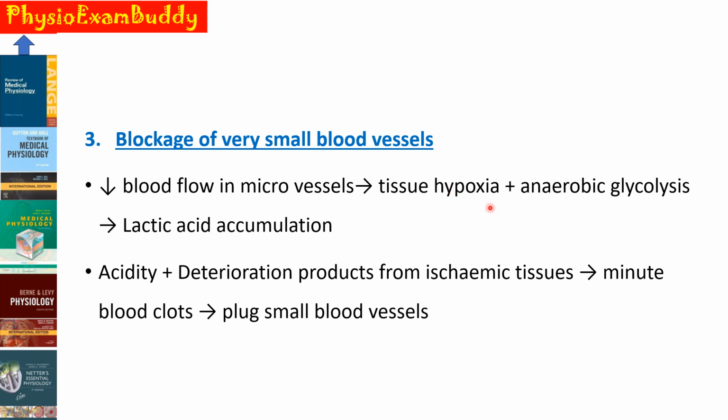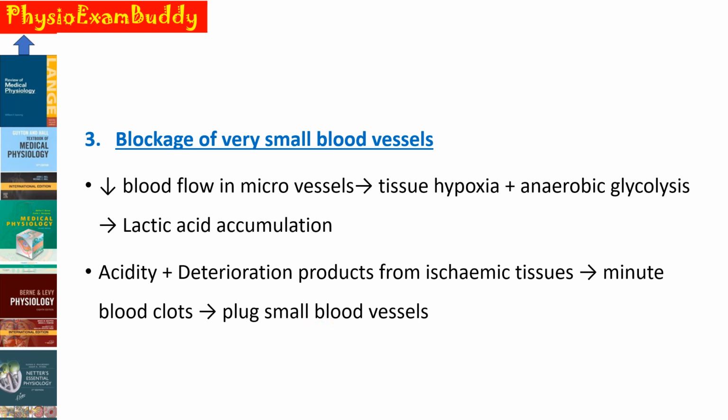This tissue hypoxia along with anaerobic glycolysis leads to accumulation of lactic acid, which will increase the local acidity of the blood. This acidity plus other deterioration products from the ischemic tissues causes minute blood clots which plug the small blood vessels. The increased tendency for the blood cells to stick to one another makes it more difficult for the blood to flow